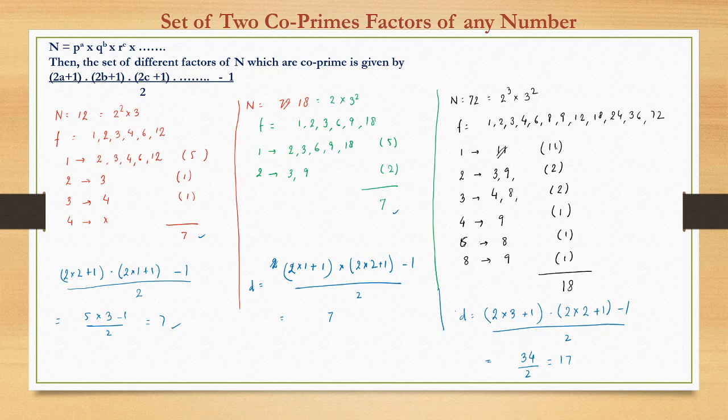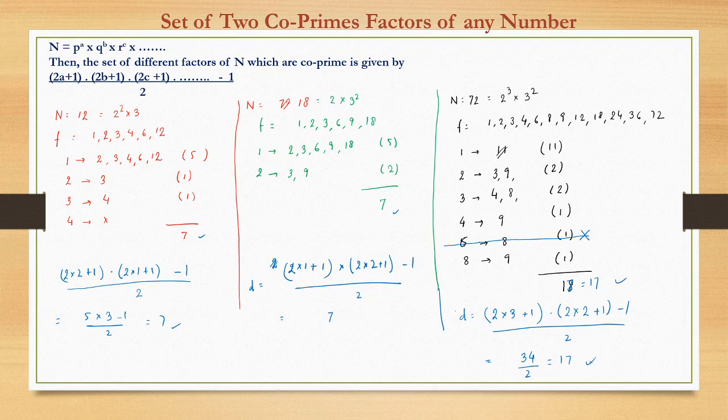Let us check this here. 1 we have 11, 2 we have 3 and 9, 3 we have 4 and 8, 4 we have 9, 6. Oh, with 6 it cannot be anything, no? This is not a valid thing, because with 6, 8 is not relatively prime. It has a common factor of 2. So this case is not valid actually. This we can strike down. So now it becomes 17 itself. This is same as what we get here.